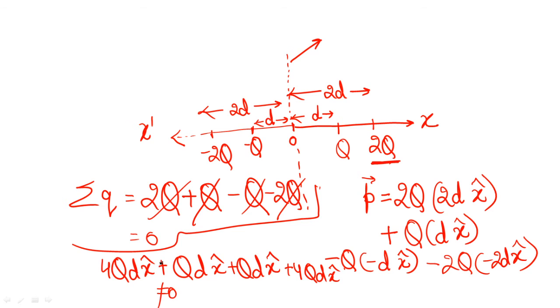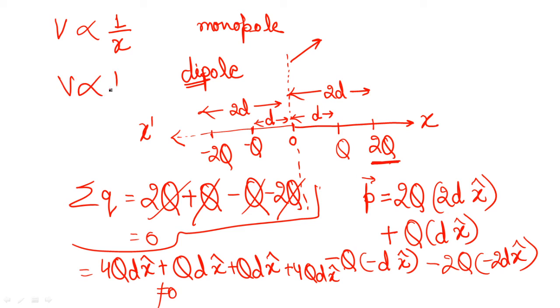If you are getting the non-zero value, you can check it once again too. Then you will say it is a dipole. Now you have to consider the conditions. If it is potential dependency they have asked and a monopole exists, then it will have the dependency on the distance as 1 upon x. For a dipole, it is inversely proportional to x square. Then for a quadrupole, inversely proportional to x cube. For an octapole, x to the power 4, like that.